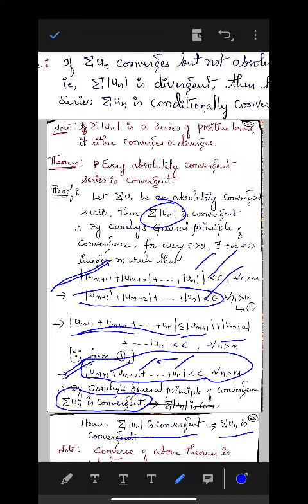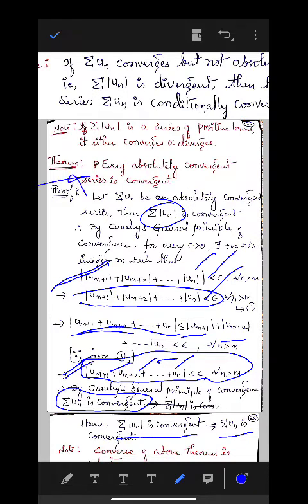So what is the ultimate conclusion? Every absolutely convergent series is convergent. So this theorem is important,